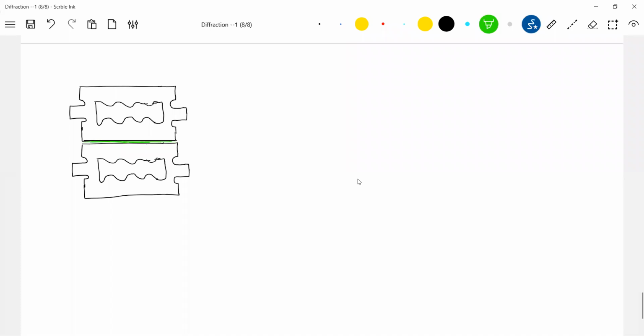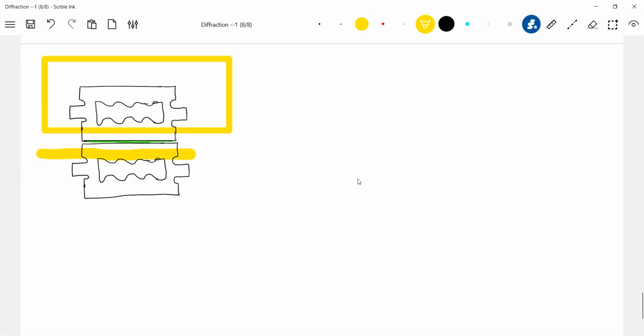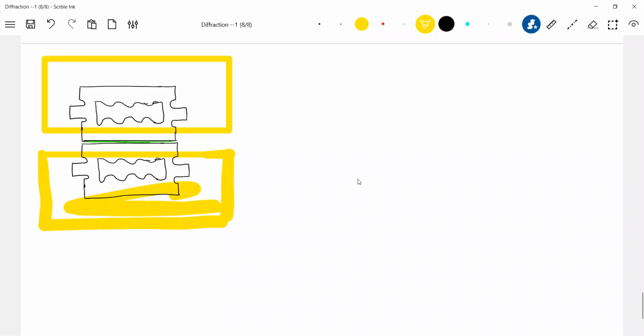So definitely you should block this particular region. If the light passes here and here, you don't see the pattern. You have to block this upper part and lower part. So with a cardboard or paper, you put some paper and stick it with plaster or something. Similarly, you do it here. What is visible now? Only that gap.